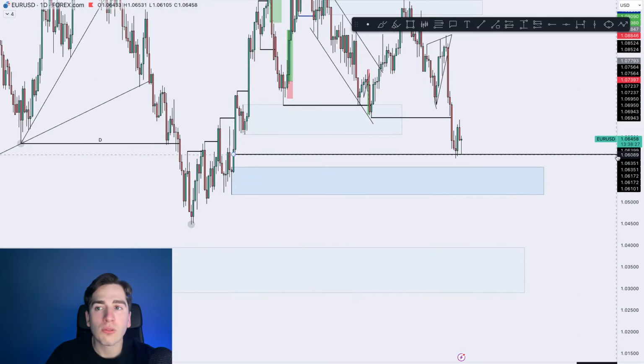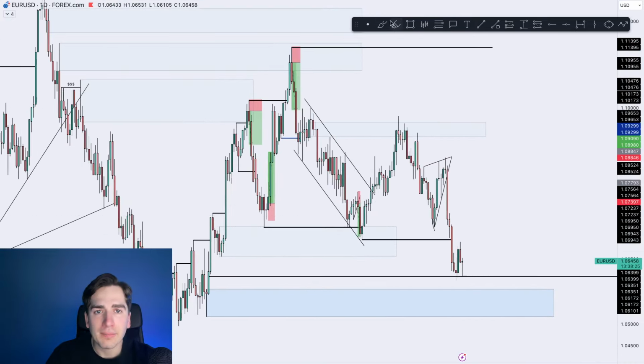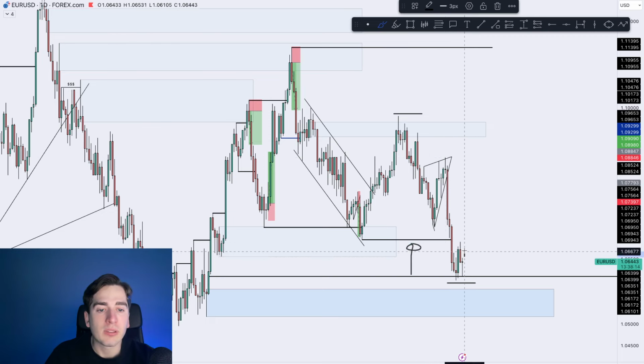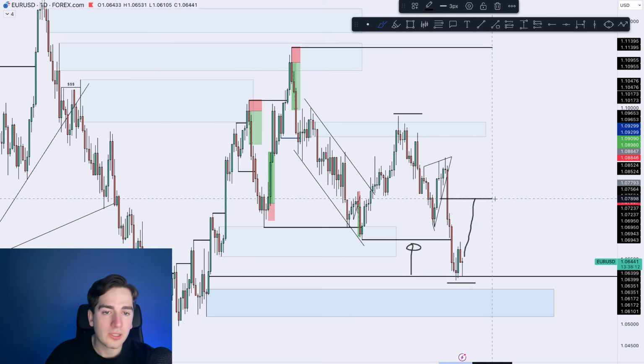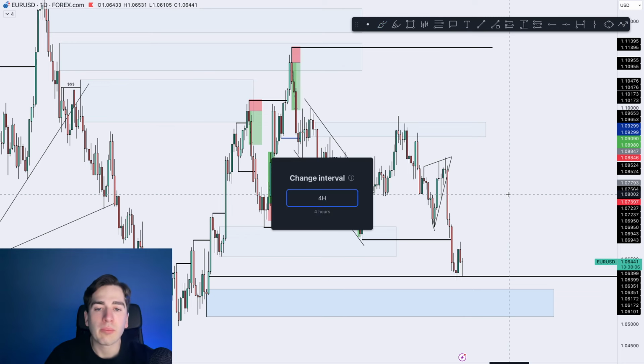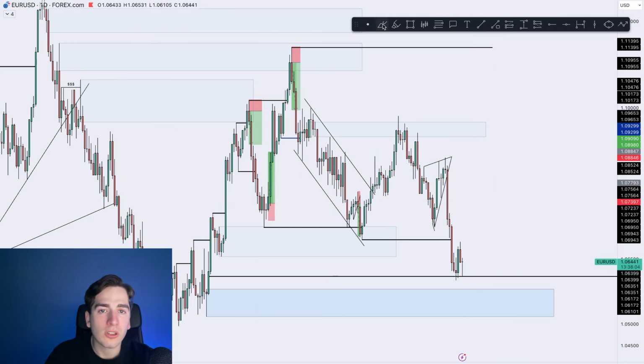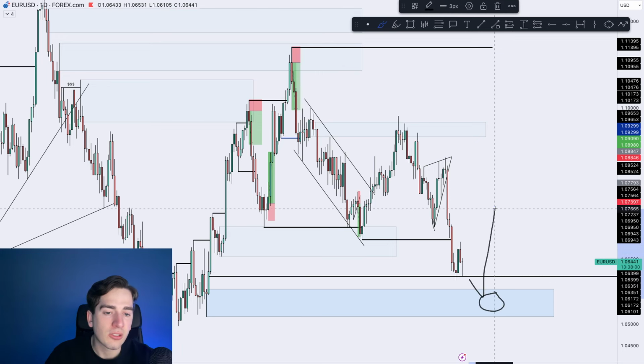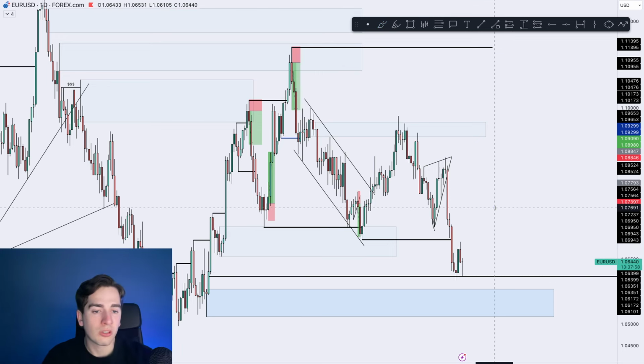So looking overall here on the daily time frame at Euro USD, we are still bearish from this high in towards this low. Obviously we're looking to see, after this break of structure which we had over here, if we can see a potential pullback back up in towards the highs, for example back in towards an area of supply. So that's it from a daily perspective. The daily looks good for a potential pullback. Preferably you would start seeing a pullback from this area of demand, as that is just a far higher probability area to start going long from.